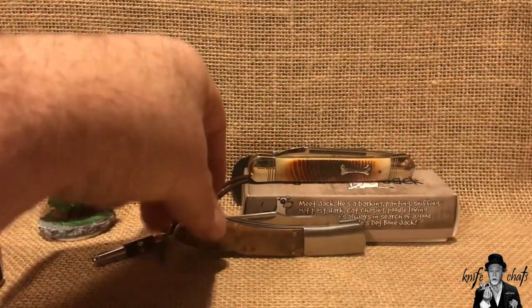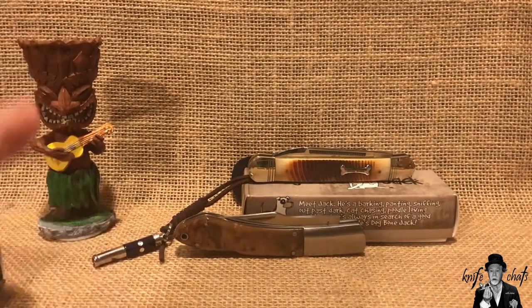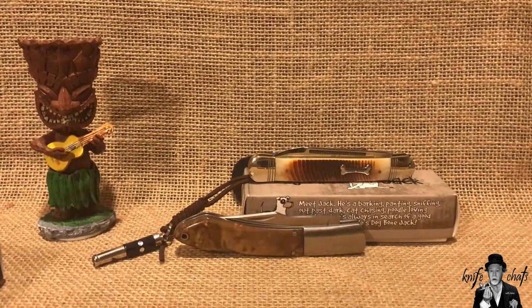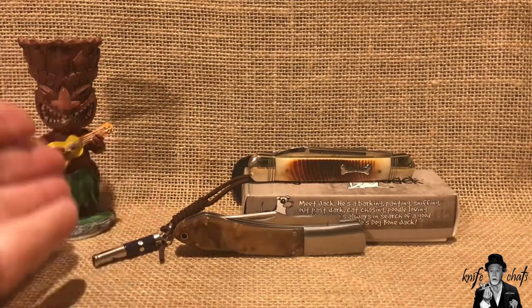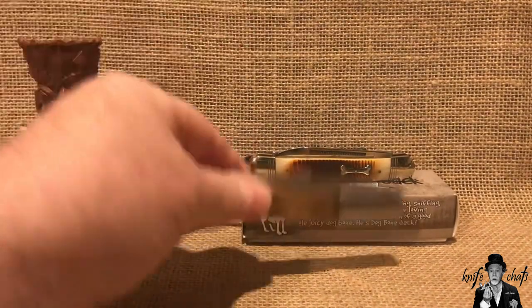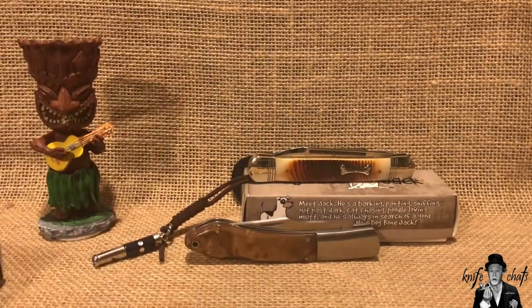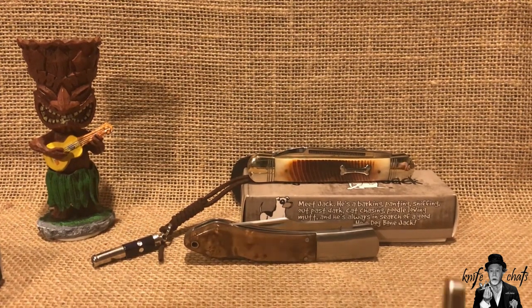These two knives show up in just about any list. If someone was asking your favorite lockbacks, this knife shows up. Your favorite pen knife, this knife shows up. And those knives, they're on so many favorite lists. It would be hard for me to say they're not one of my favorite Rough Ryder knives, and they definitely are. Third up,